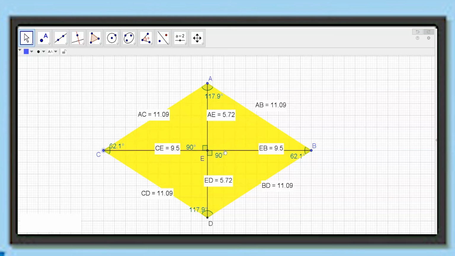Alright. So the extra property which it has gained is all the four sides have become equal and the diagonals have become perpendicular to each other. So we can call that a rhombus is a parallelogram whose sides are equal and the diagonals are perpendicular to each other. So this is how a parallelogram is transformed into a rhombus, or we can say a rhombus is a special variety of the parallelogram.